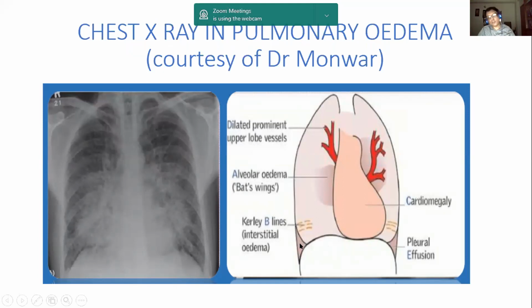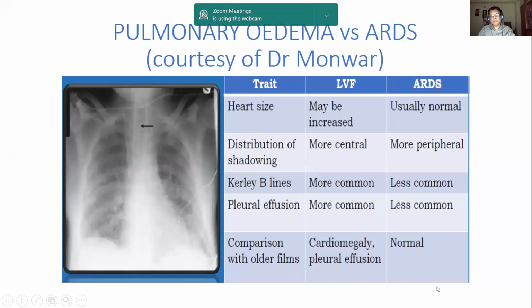So we need to differentiate this finding from non-cardiogenic pulmonary edema. This is obviously cardiogenic pulmonary edema, but we need to differentiate from non-cardiogenic pulmonary edema. And this is also a slide of Dr. Monwar, and the main factors include the heart size. In non-cardiogenic pulmonary edema,